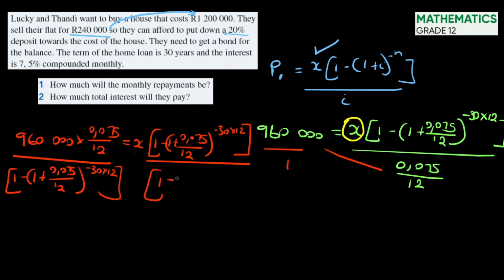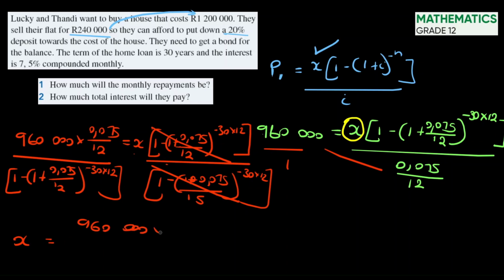The reason we're dividing both sides by it is so that we cancel off what's on the right hand side, minus 30 times 12. So this will cancel that, and you're left with x is equal to